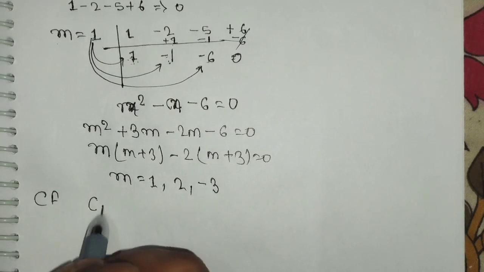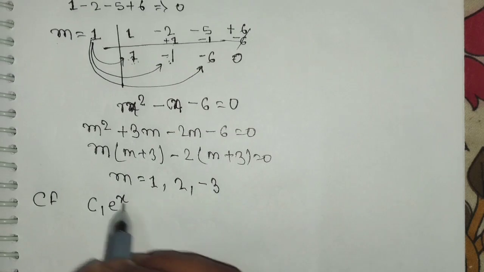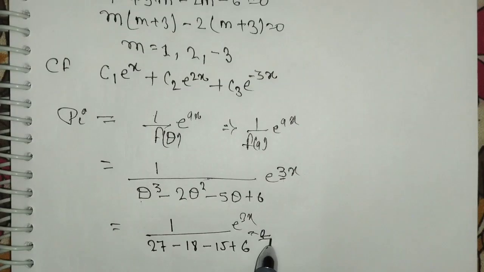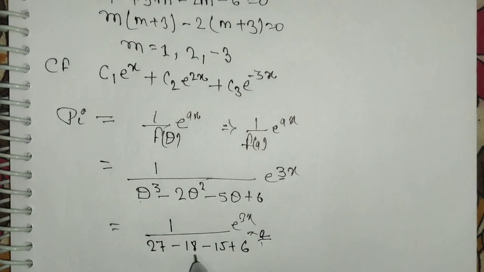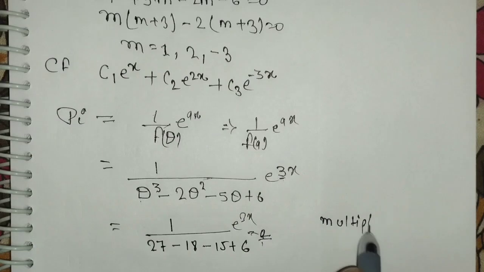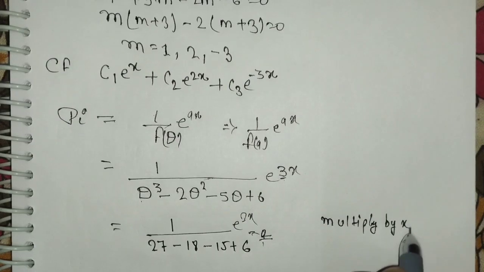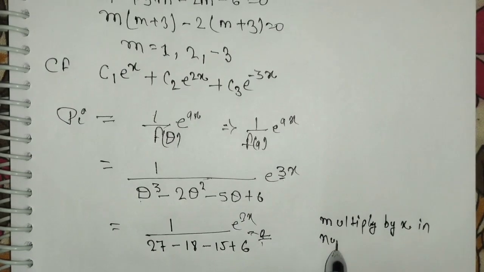For distinct roots, the CF is c1 e^x. Now the PI equal to 1 upon (D^3 - 2D^2 - 5D + 6) acting on e^(3x). Putting the value 3 in place of D, we get 27 - 18 - 15 + 6. If we add them, it becomes 0, that is undefined. So we multiply by x in the numerator